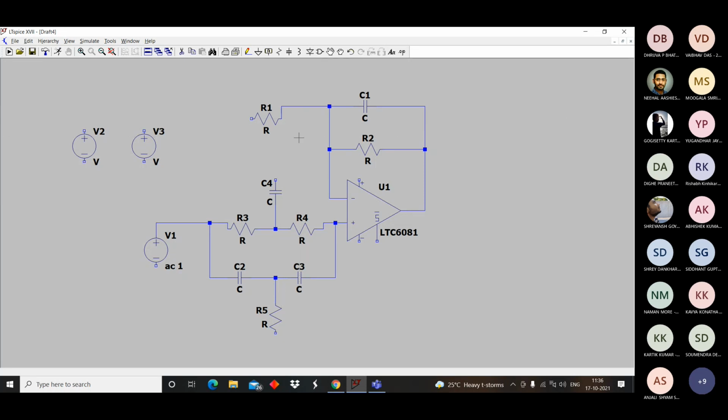Now, another important step of any circuit design is grounding of the components. Every component should have a common ground. So whichever node is left floating, we'll be grounding all of them, like the voltages, the resistors, and the capacitor.